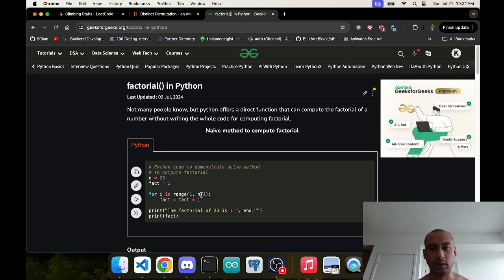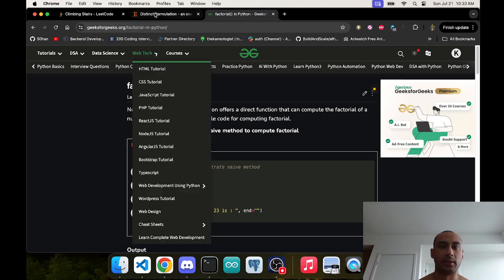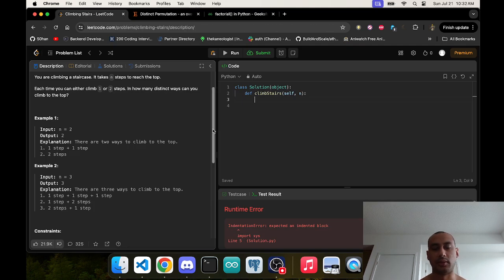Okay, so for I in range 1 to n plus 1, times I. Oh, because we can't have 0. We just skip 0 for the 1, because 0 factorial is 1. You go 1 factorial, 2 factorial, 3. So it'll be n plus 1. Okay, so let's go